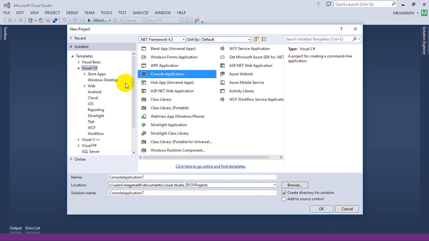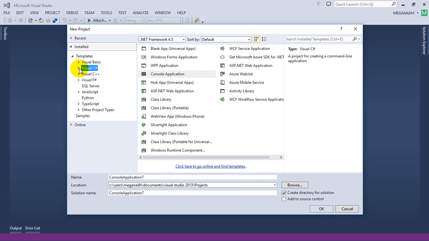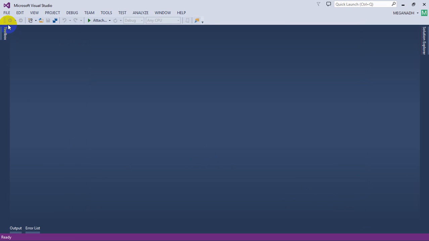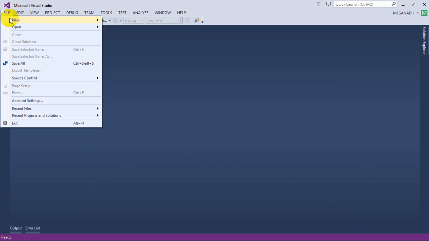I'm just selecting a console application, and remember you have to select C#, Visual C#, and then select console application, and then you can change the name if you want, or you can leave it. If you want to give some name, let's give Hello World. Okay, so we gave Hello World C#, and I'm going to click on OK. You can give any name of your choice. I repeat again: first step is File, New Project,